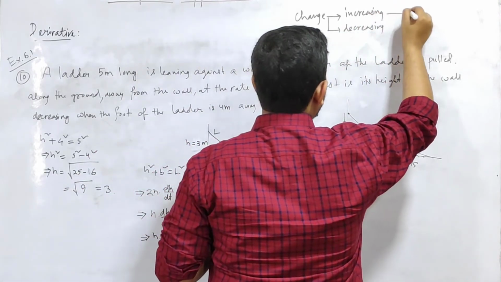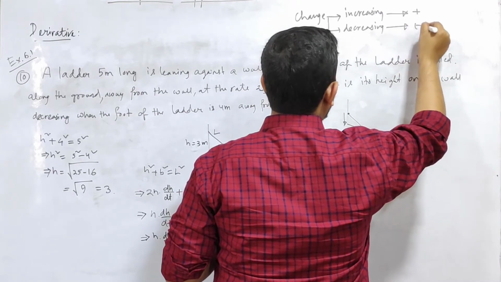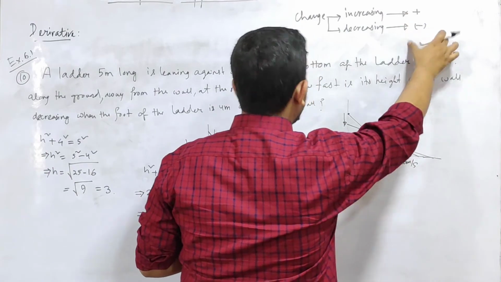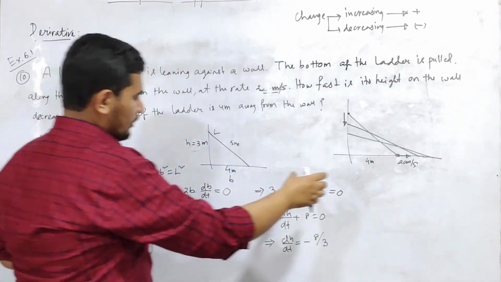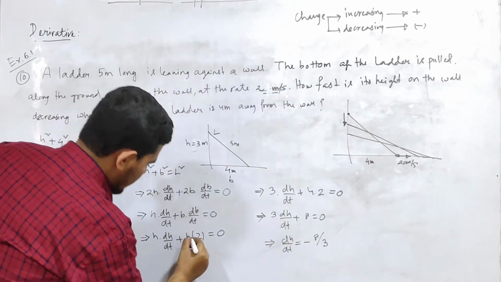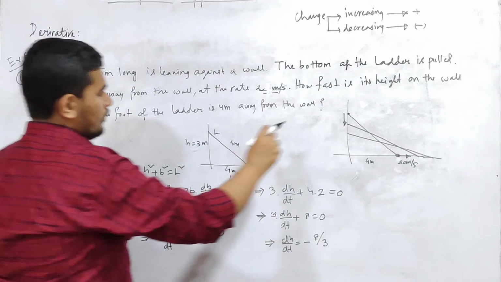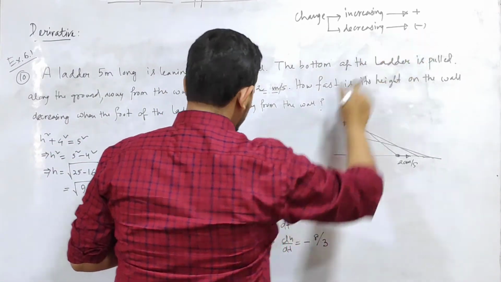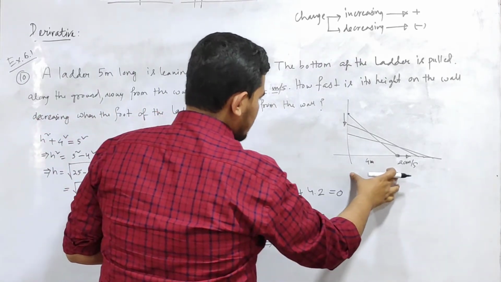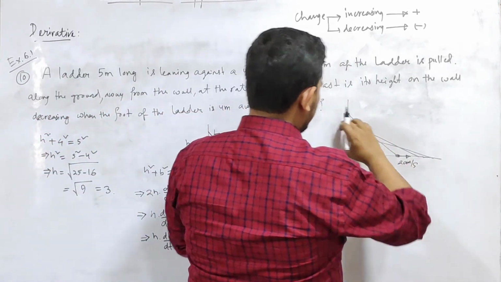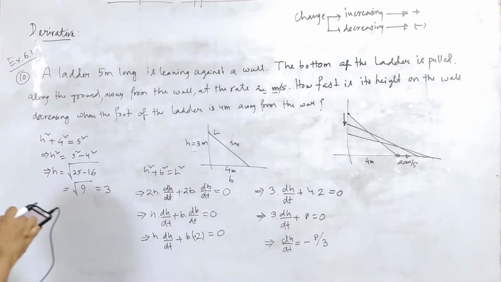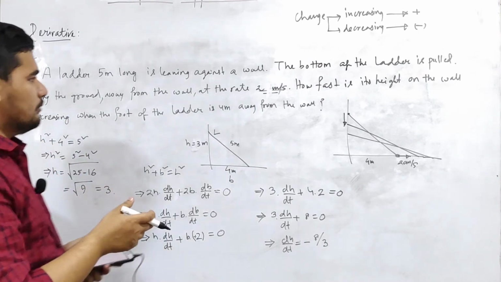When I denote increasing by positive, the decreasing should have to be negative. It is a normal convention to write increasing as positive, decreasing as negative, so that here B is increasing. So I am writing dB by dt as plus 2 here, not minus 2. So H is decreasing, so dH by dt will be minus. So from here we can see the physical interpretation that when B is increasing, H will be decreasing, so dH by dt will be 8 by 3 in magnitude. So this is a basic example of a ladder problem.